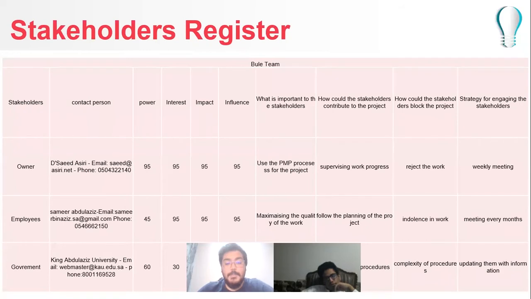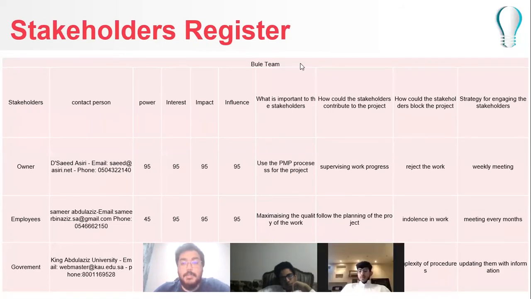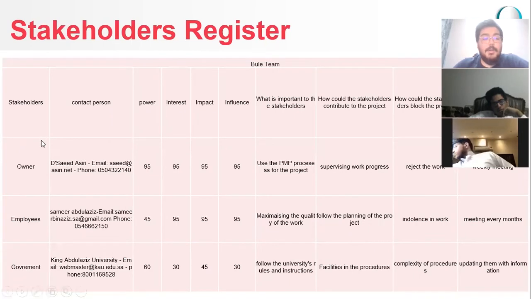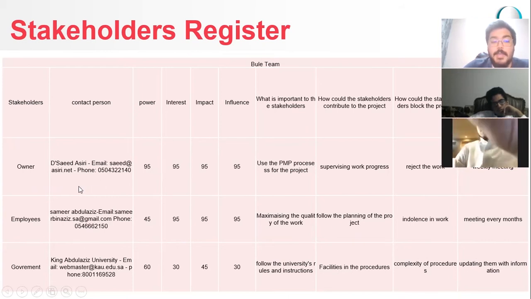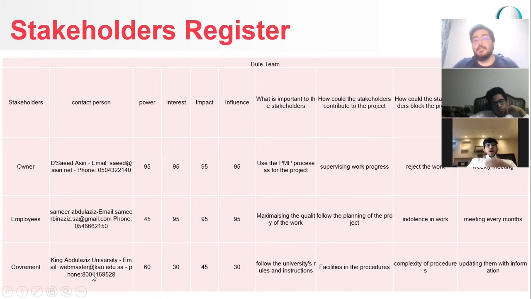Next. The stakeholders for our project are the owner, represented by Dr. Saeed Asiri, and this is his contact, how we can contact him: email and phone number. Then the employees, represented by Sameer Almarghalani, and this is the contact information. And last, we have the government, represented by King Abdulaziz University, and this is the contact information. Then we have the columns, as I said: the power, the interest, the impact and the influence, the four terms that we should know about